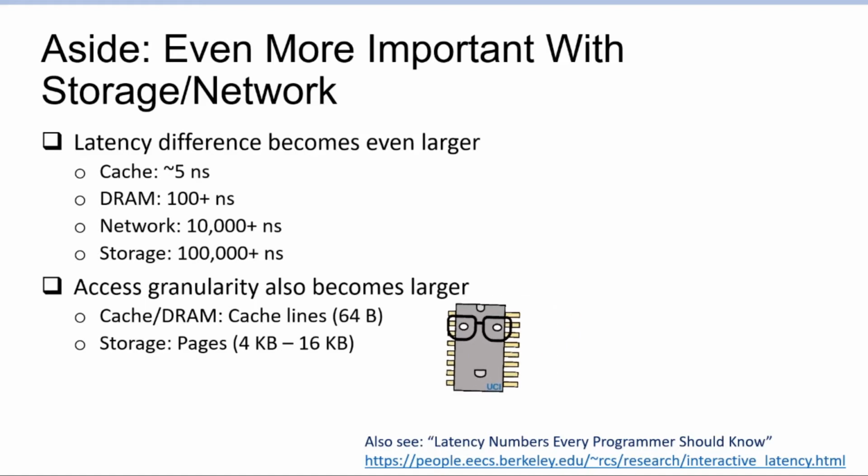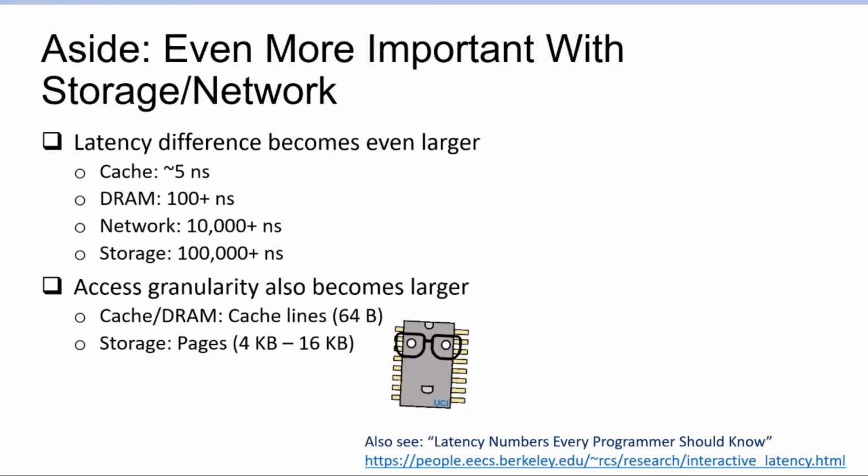When you're accessing cache lines, or if you're accessing DRAM, the access granularity is on the order of cache lines, which is something like 64 bytes. But if you access storage, then the access granularity is on the order of pages, where each page is 4 kilobytes to 16 kilobytes in size, depending on the technology. And yeah, all these numbers come with a significant number of caveats,